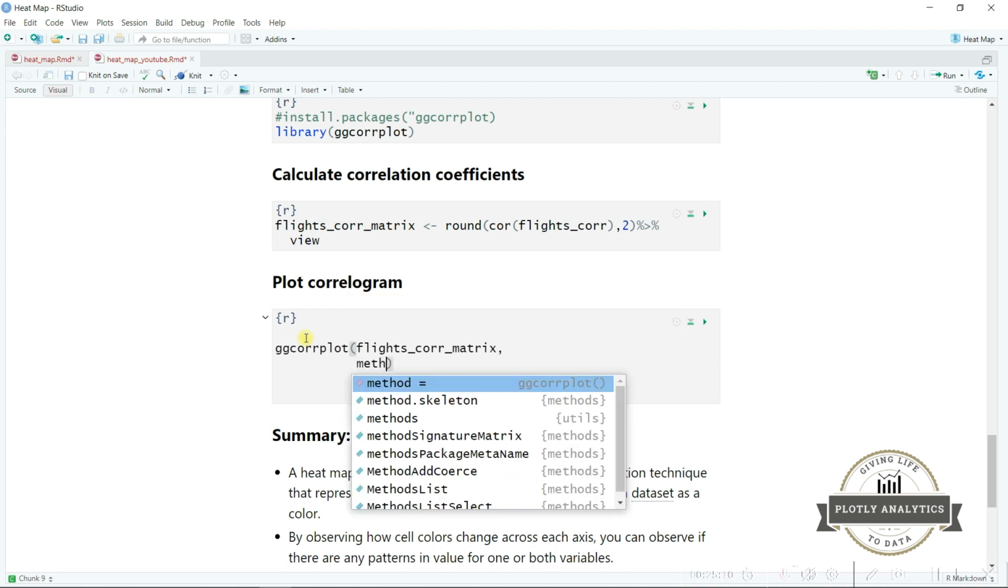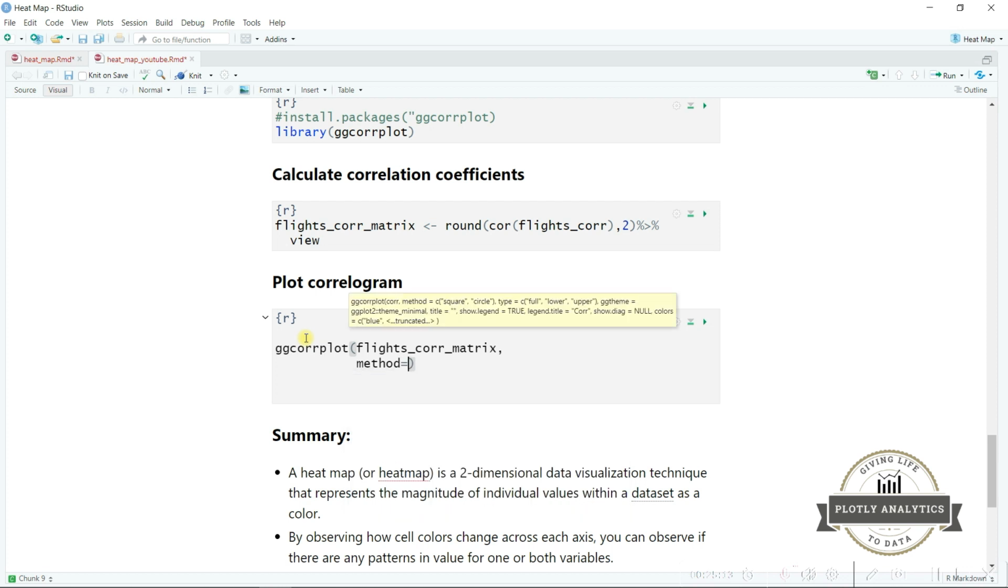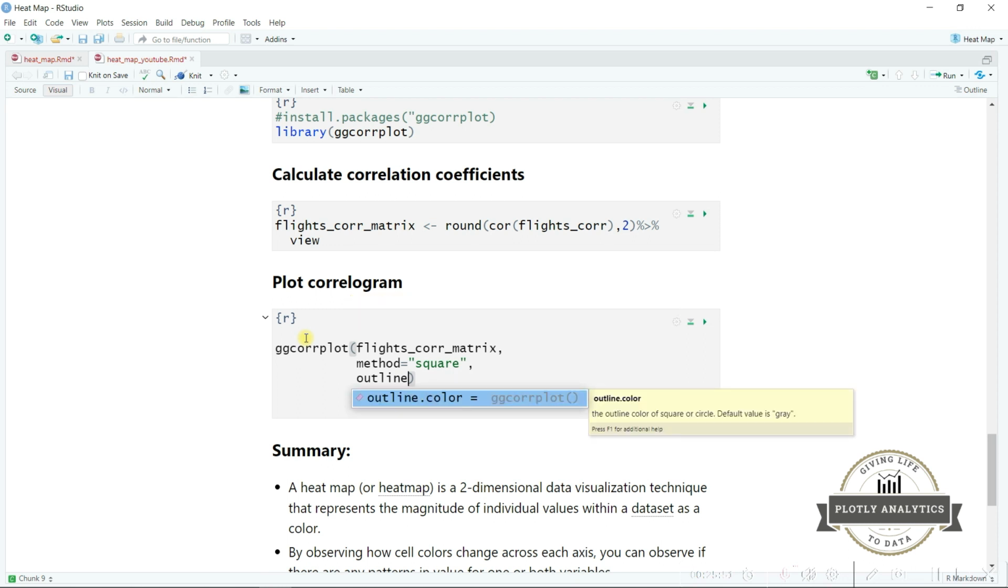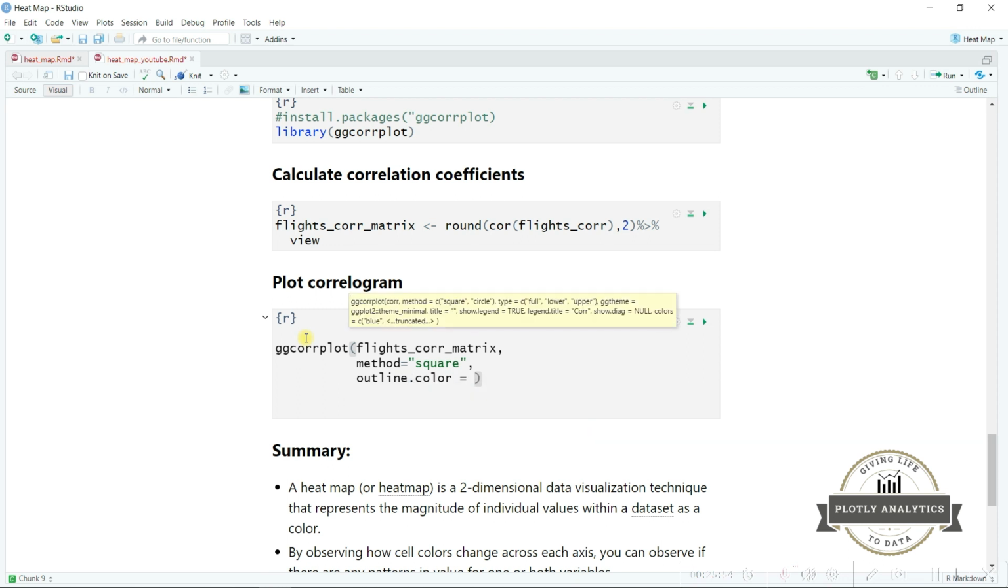The first argument is a method function, which is the visualization method of correlation matrix to be used. Now you can either visualize it by square, or you can visualize it by the circle. So we'll use square. Then the next argument will be the outline color. Now once you decide your visualization method, you need to also give the outline color. So what will be the outline color for the square? In this case we will use black color,